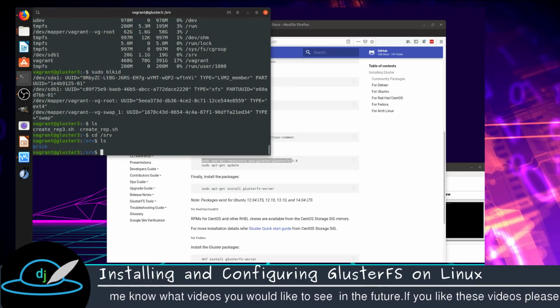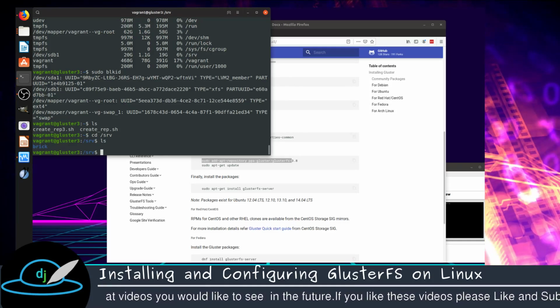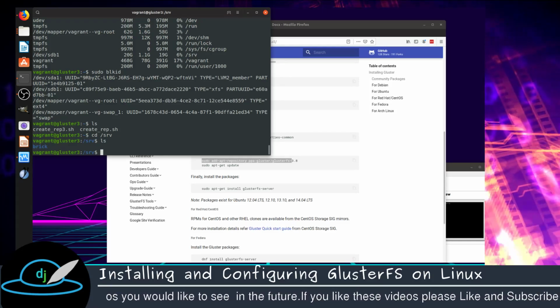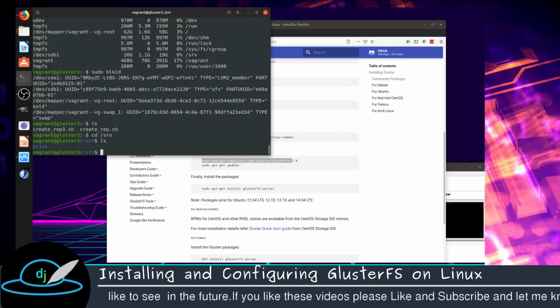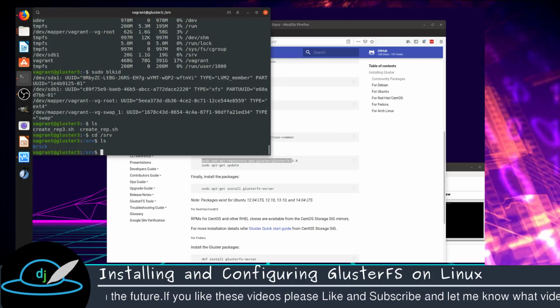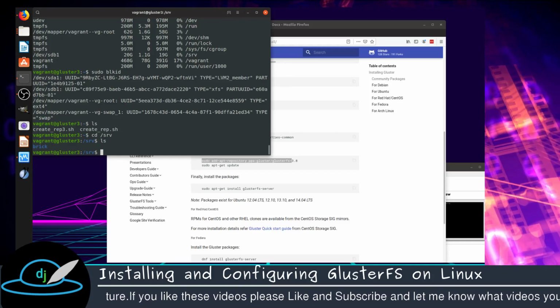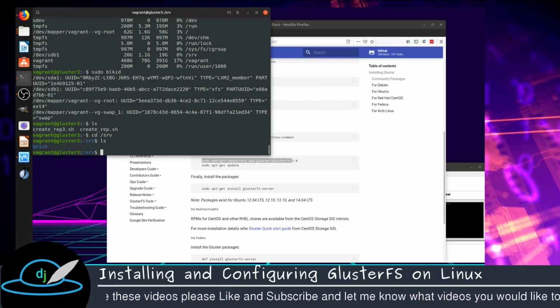LVM is also possible to use if you want. In fact, some of the releases of Gluster did recommend that at one time, and the performance was better. But I've noticed that late with 6, since they are starting to do some optimization, it doesn't seem to make much difference whether it's LVM or XFS. So anyway,